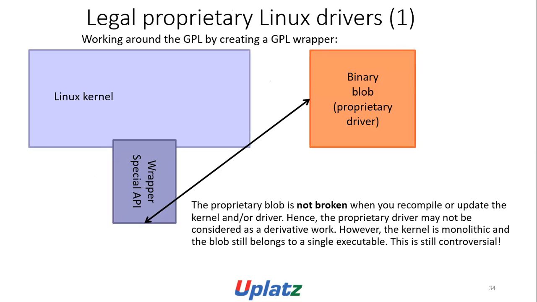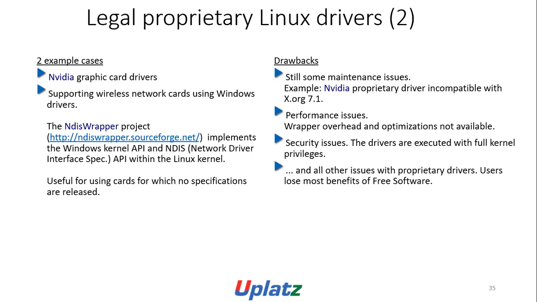Linux kernel wrapper: a special API, a binary blob proprietary driver working around the GPL by creating a GPL wrapper. The proprietary blob is not broken when you recompile or update the kernel and driver. Yes, the proprietary driver may not be considered a derivative work. However, the kernel is monolithic and the blob still belongs to a single executable. This is still controversial. Two example cases: NVIDIA graphic card drivers, and